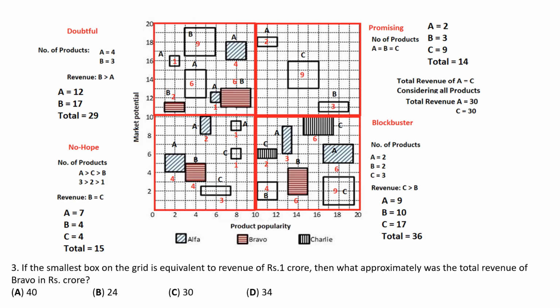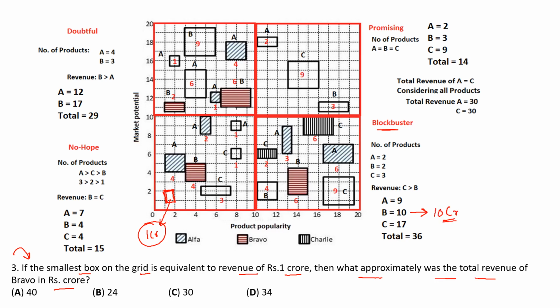Moving on to the next question, it is asking that if the smallest box on the grid is equivalent to the revenue of 1 CR, then what approximately was the total revenue of Bravo in rupees CR? Okay, so it is saying that one small box in this picture represents the revenue of 1 CR. So we need to find the revenue of Bravo considering all the categories. In Blockbuster, the revenue of Bravo is 10